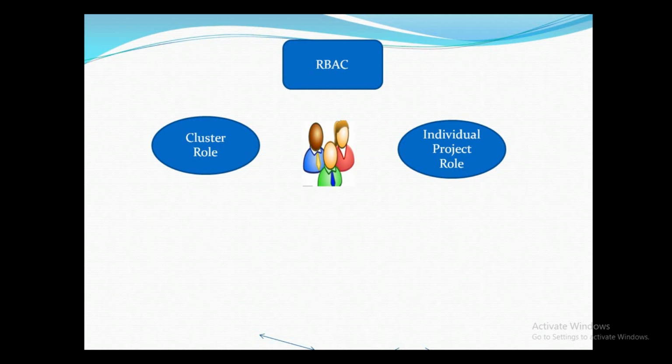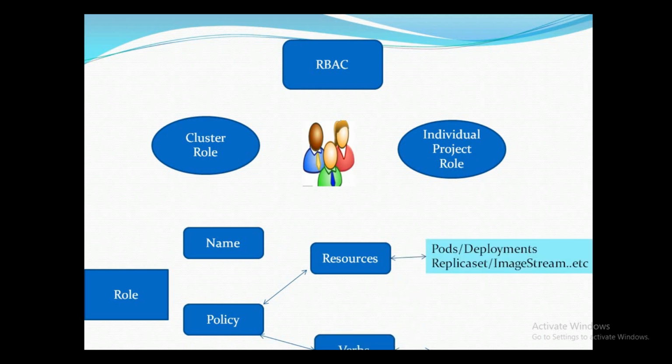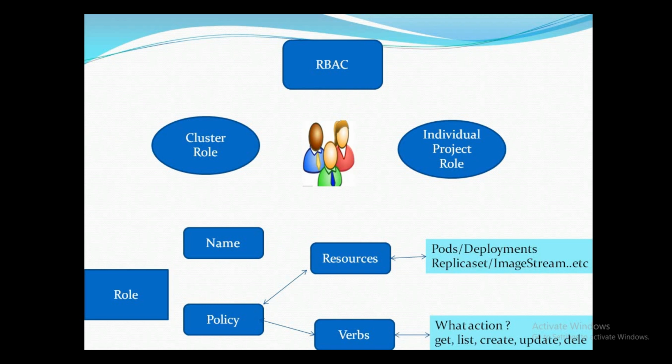So a user can have a role, and a role is basically composed of a name and a policy. So what is policy? A policy is basically composed of two components. One is resources, that is, the resources with which we want to communicate by using these policies. These resources can include pods, deployments, replica sets, or image streams. And verbs, that is what action we need to take on that particular resource, whether we want to get, list,